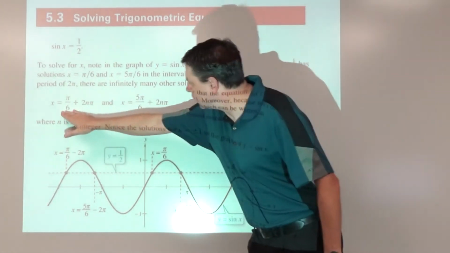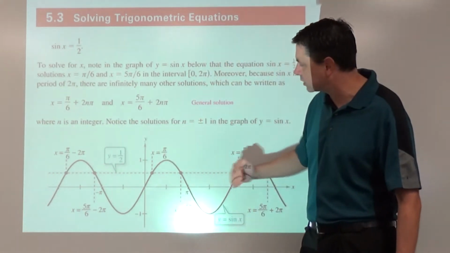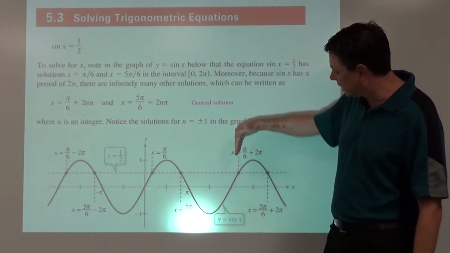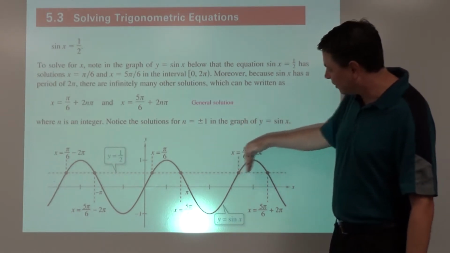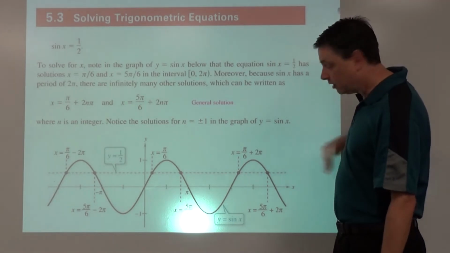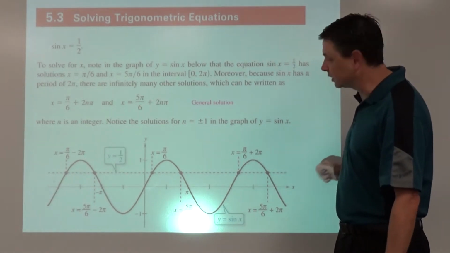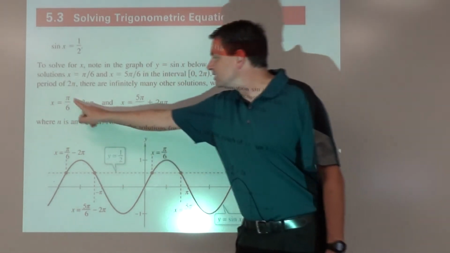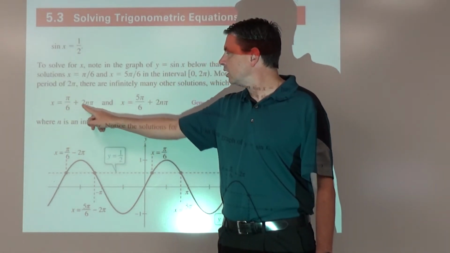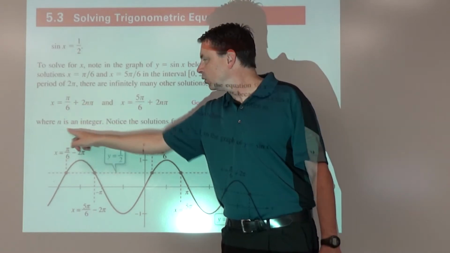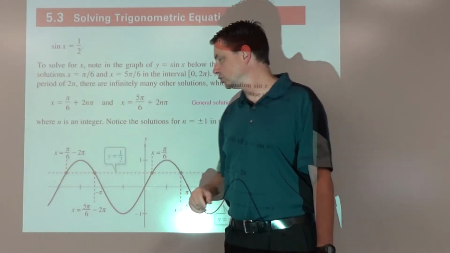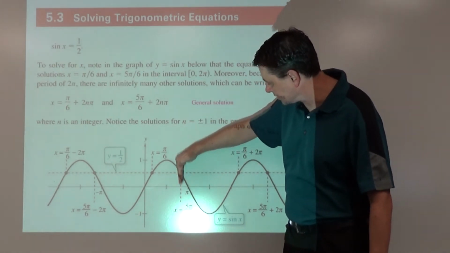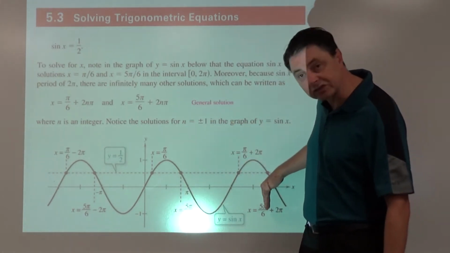But what we've seen here is we've broken this down into two parts. We've got this pi over 6, and then 2 pi later is pi over 6 plus 2 pi. If we went another 2 pi further than that, we would hit another point of intersection. Going backwards, pi over 6 minus 2 pi. So that means that pi over 6 plus any multiple of 2 pi times n, where n is an integer, would be a solution. And similarly, for 5 pi over 6, and 5 pi over 6 plus 2 pi,